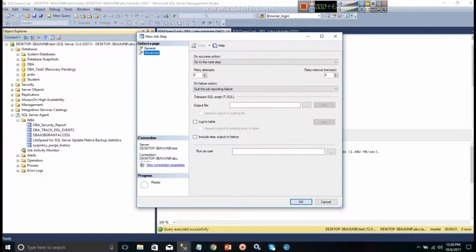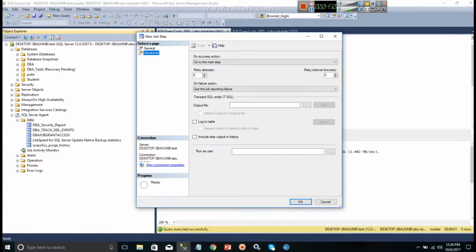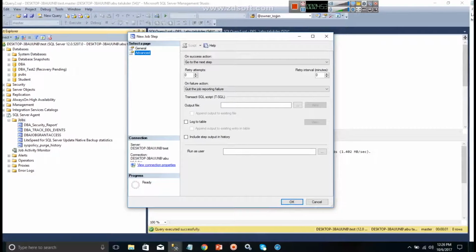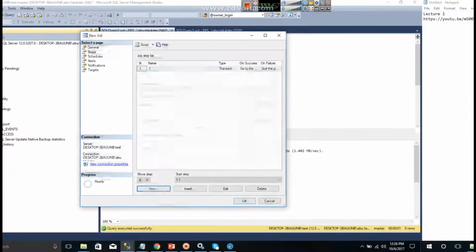If you want to keep log, you can put here a file name. This output file will contain, after the backup, whether there are any issues on the backup, so you may need that to set it up. So I will click OK here,